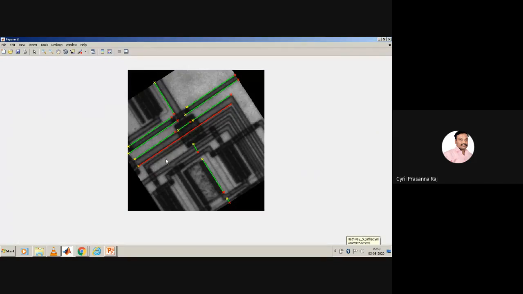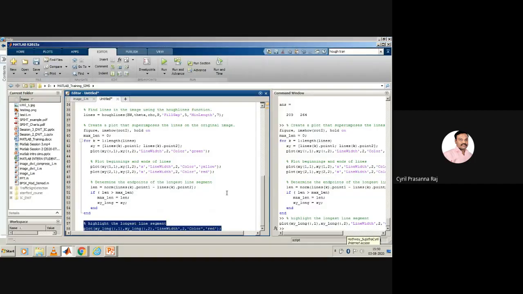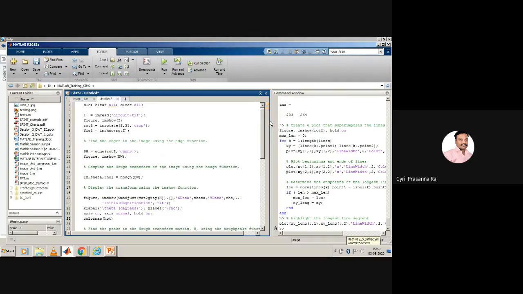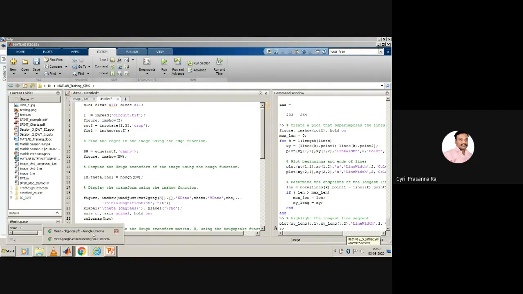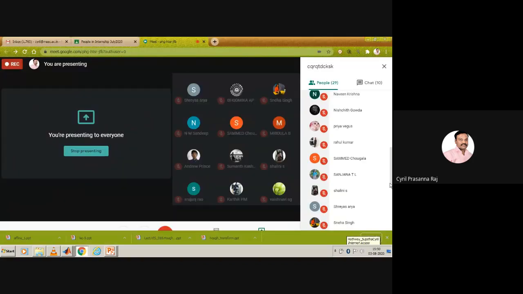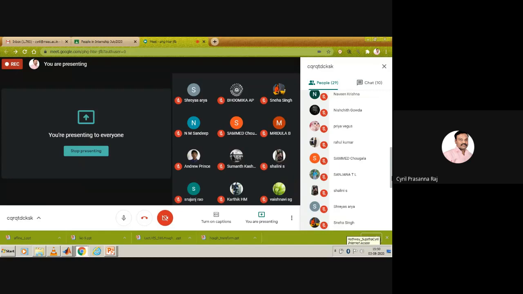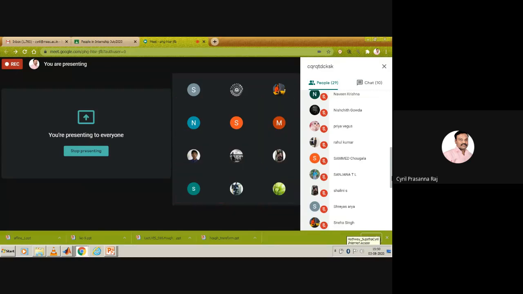So this is the longest line out of all the lines that have been identified. Okay, yes. So now if you try to understand, this example basically illustrates how to find the longest line, how to find the shortest line, and how to find the number of lines. Those are very significant in your given image. Okay. So now did you understand this program? What is Hough transform? And we'll see how to use this Hough transform in developing multiple applications.